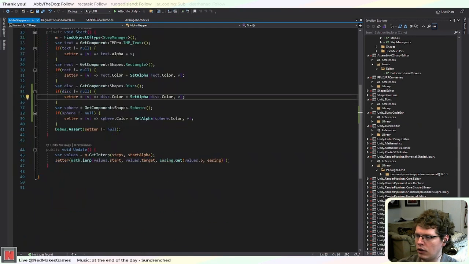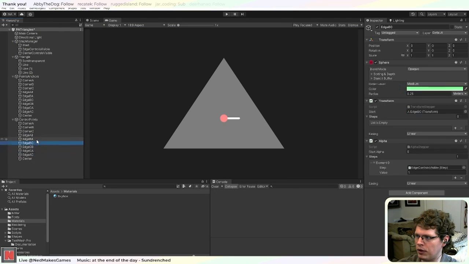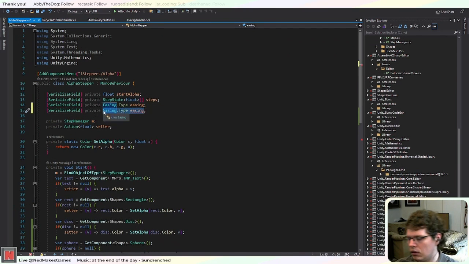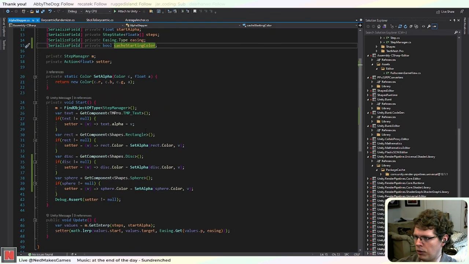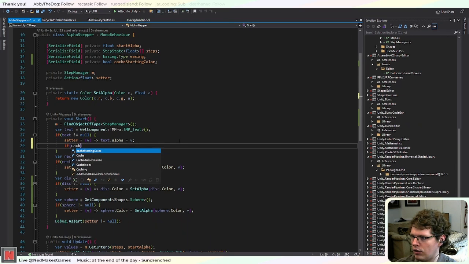I'm trying to figure out, I really don't want to have to set a color interpolator separately for each of these, because then I'll have to set the color for them individually because they're all different. So maybe what I should do is just have a check that says cache the starting color. That'll only work if the color never changes, but okay, this is going to be sort of annoying because it's going to be different depending on what object is here, but if cache starting color,